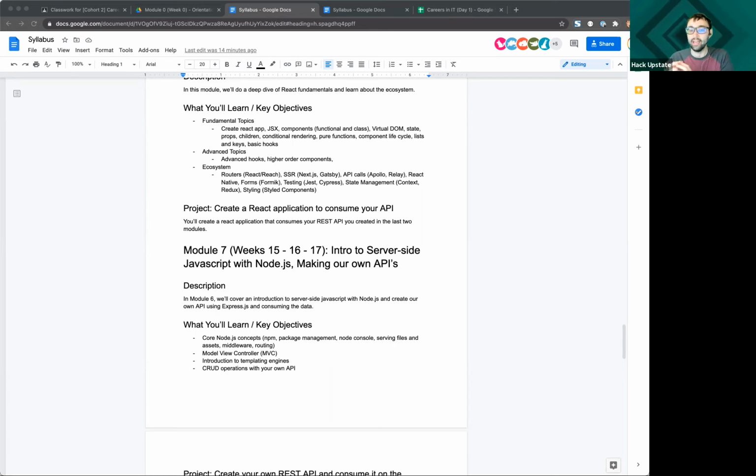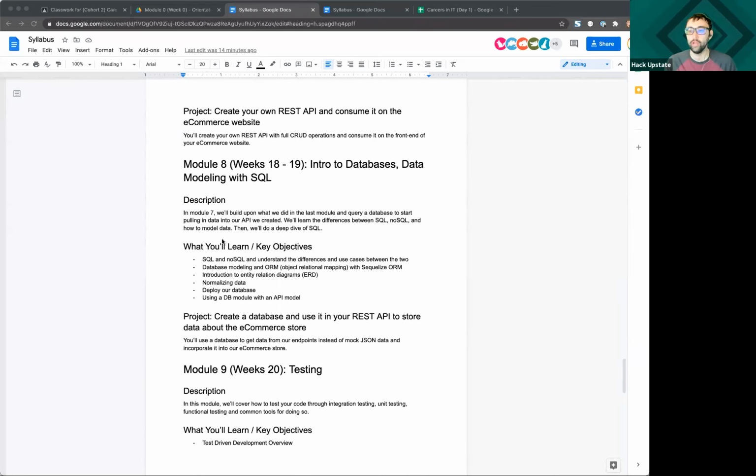And now we get to kind of finally the last piece of it all, which is, where do I store that data? How do I maintain that data? What happens when that data grows? How do I structure that data? And so that's what Module 8 is all about, is the database and how we structure that data, also called modeling that data using SQL, which stands for Structured Query Language. How do we get data in? How do we get data out? And kind of how do we store it? And I believe, let me see, you get me for that entire module for 2 weeks there.